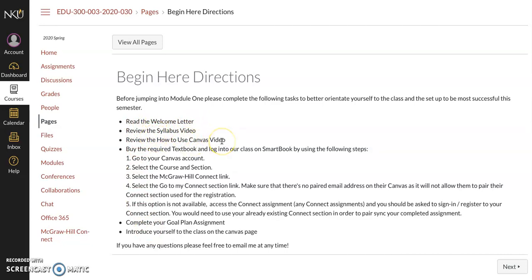Then, here is how to make sure that you have the required SmartBook portion of our textbook. If you get confused on this and you have to call McGraw-Hill Connect support, do not feel bad. I had to do the same thing to make sure that I had set up the course correctly for you guys. Also here, it lists that you're supposed to complete your goal plan assignment and introduce yourself to the class